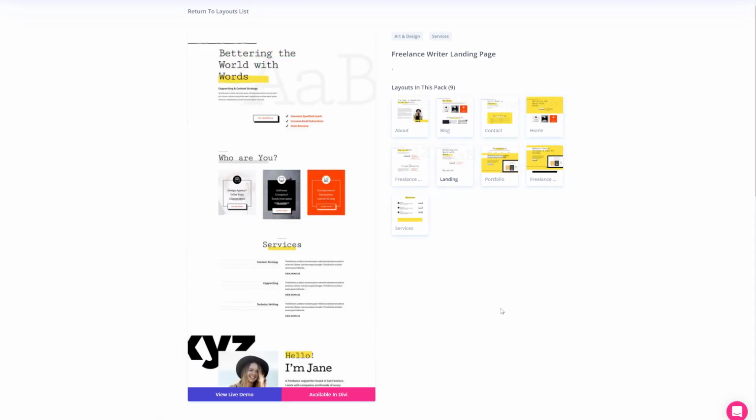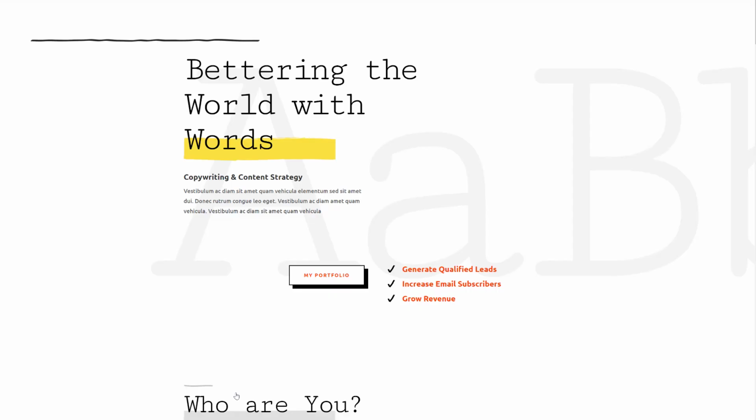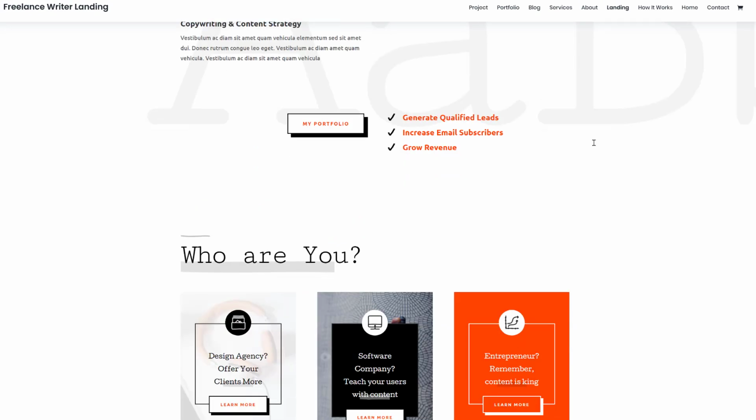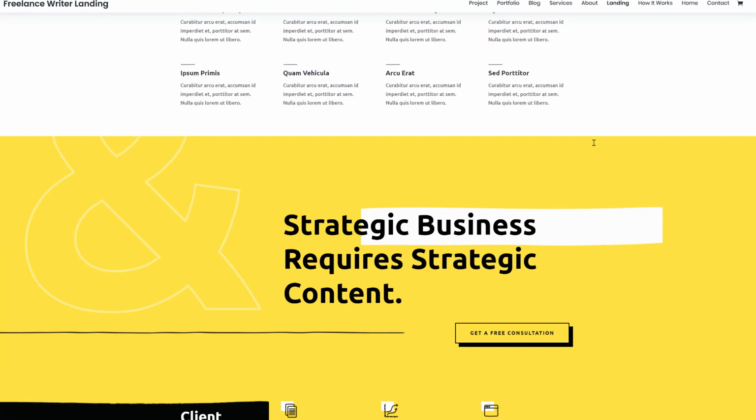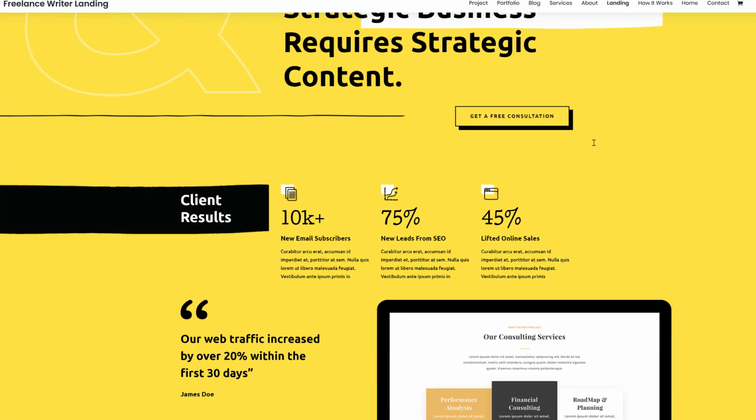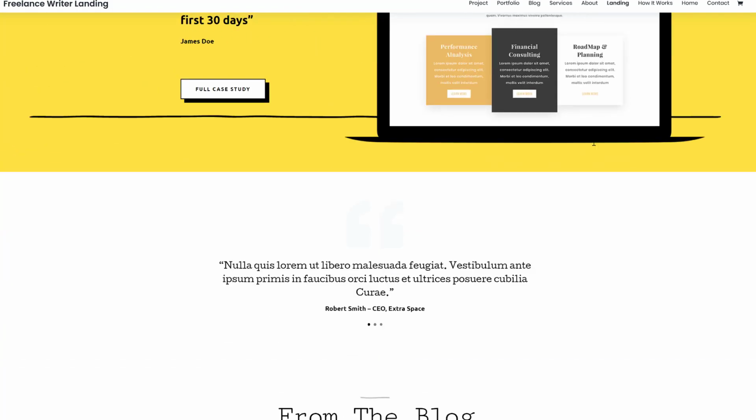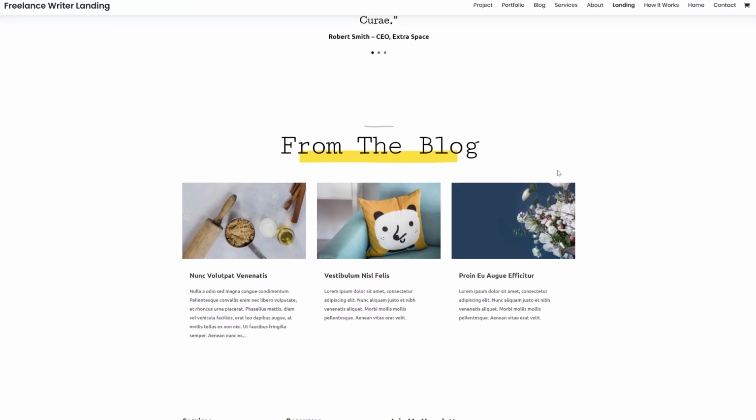So these are all available in Divi for free, and you can view the live demo by clicking on the blue button. Now this will redirect you to a live website where you can go ahead and discover each and every layout for yourself without actually having to install them on your own website. So say for instance you really enjoyed this landing page and you want to get started with it, you can